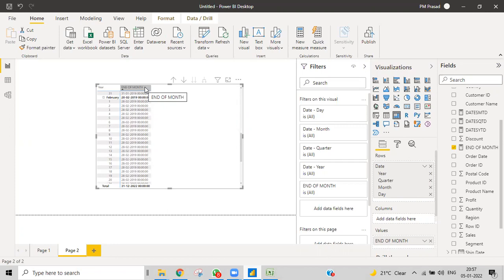I want to do that calculation. You got my requirement, right? Let us suppose that I give a date, and for that date, how many days are left to end that particular month?